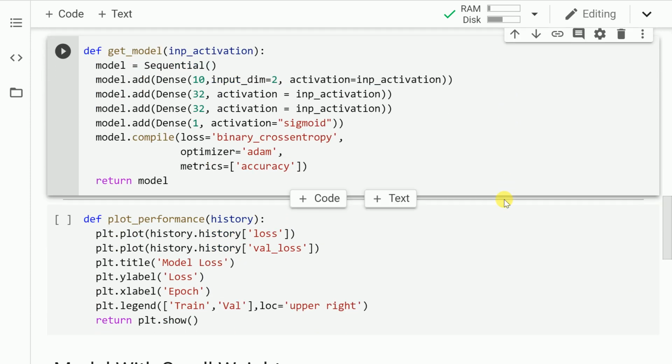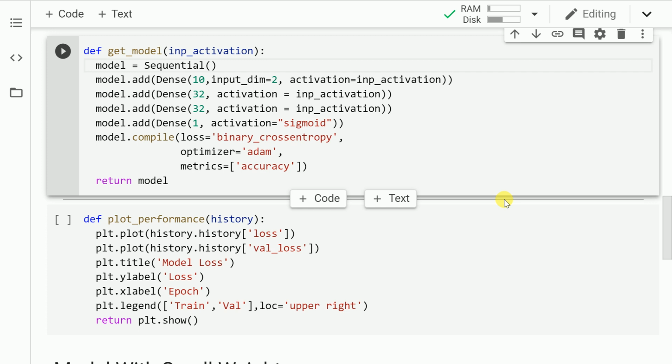Now that I've split the data into training and testing, the next activity that I want to undertake is basically create various versions of models with different weight initializations and show you the advantage of using Xavier initialization. In order to create multiple versions of models, I've created a function called get_model, which has an input parameter called input activation.